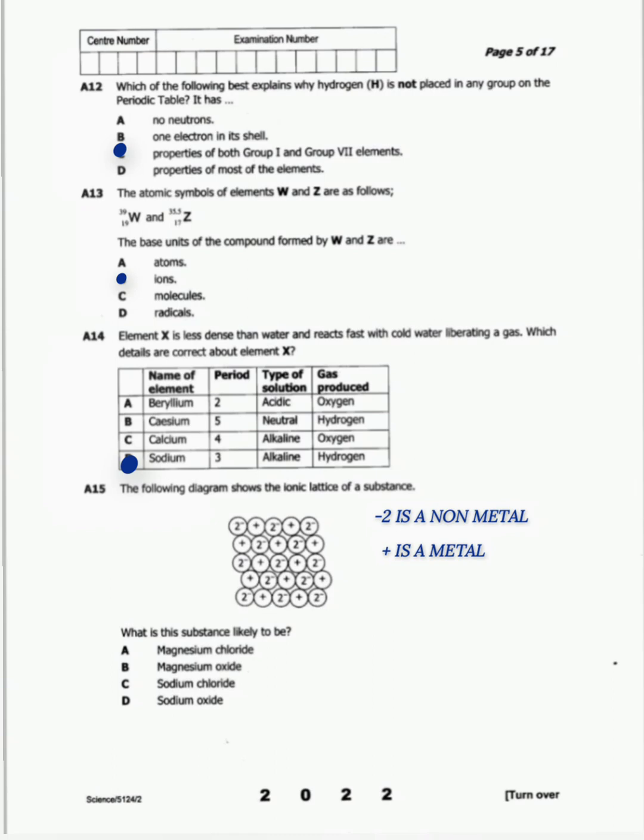So D is saying sodium oxide. Oxygen can gain 2 electrons, and sodium can give 1 electron. Now, according to the valences, they are going to exchange, since oxygen has a valence of 2 and sodium has a valence of 1. So we are going to say it is sodium oxide. Okay, so the answer is D. So let's move on to the next one. So the next one is saying